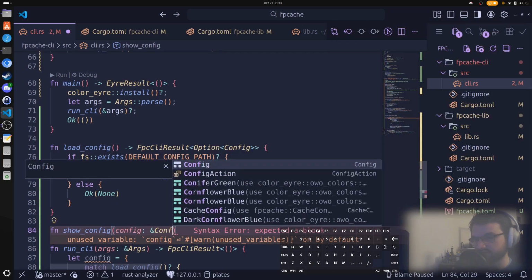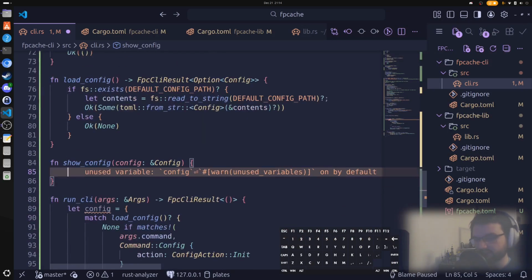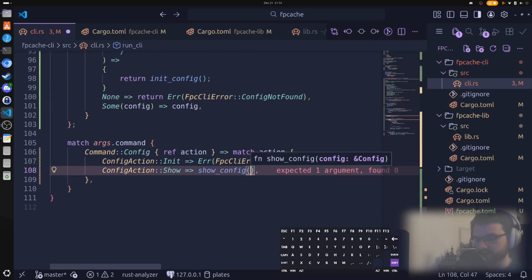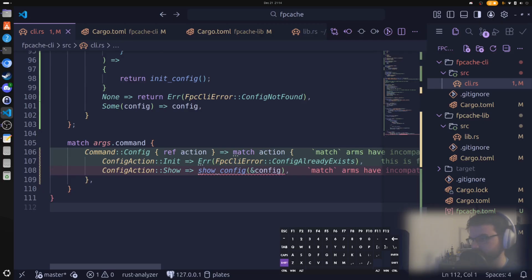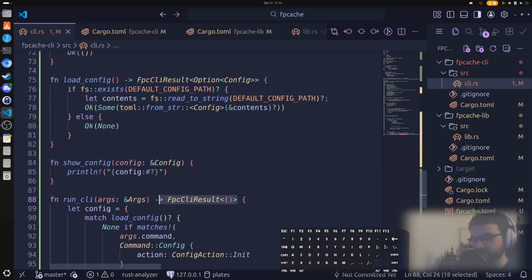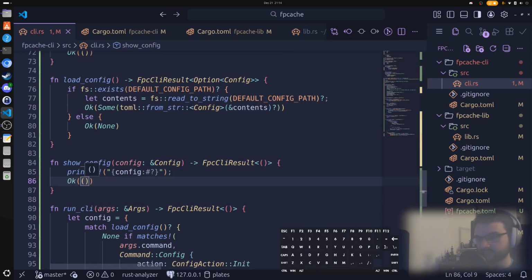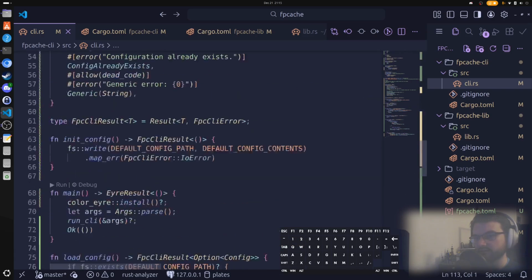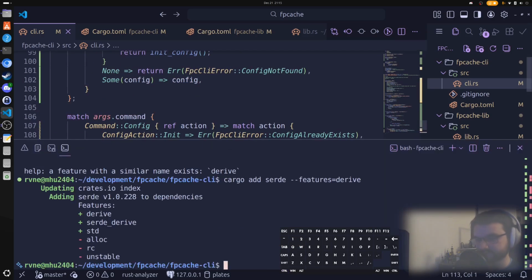Config, let's take a reference to config, and then we can just println. Let's do pretty prints. Can we pretty print? I think so. And like this. Incompatible types, yes, because we want to return FPCache CLI result. Okay. This will be our result for today. So let's actually check